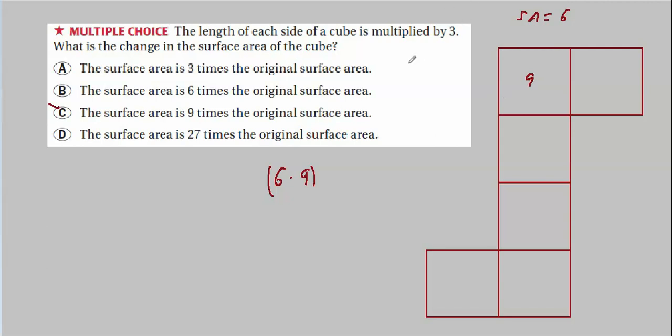I think to do this quickly, as I say, on a test, by now you could probably just instantly go to the 9 here in like 2 seconds to answer this question. I did it this way because I'm not on a test right now, and it's good to see that it definitely does work out exactly the way you would expect it to. For surface area, just like area. After all, surface area is just a whole bunch of areas added up. You already know how to find areas of these things, so the surface area is a very small step forward.